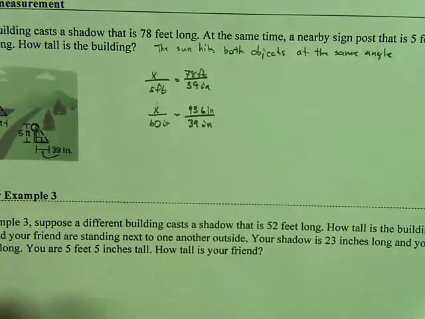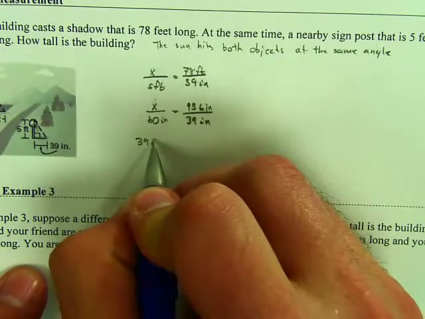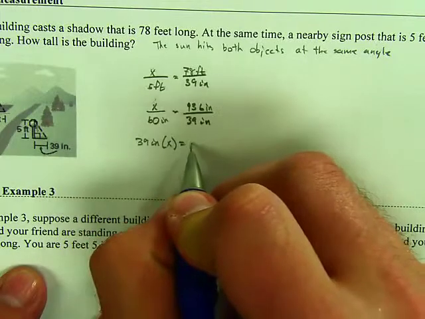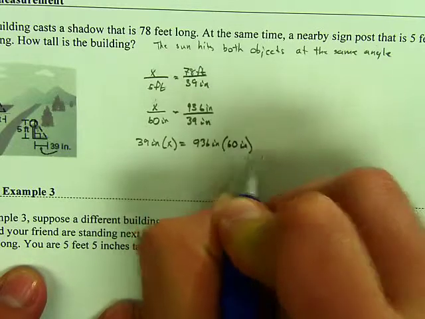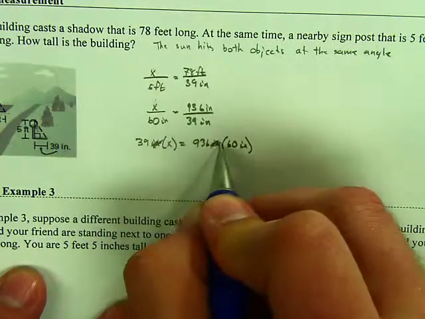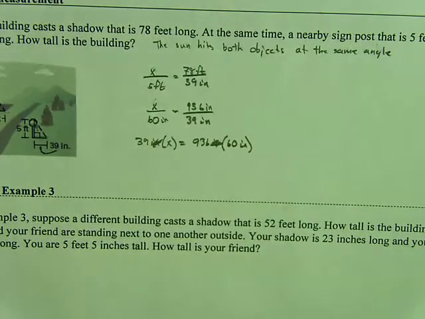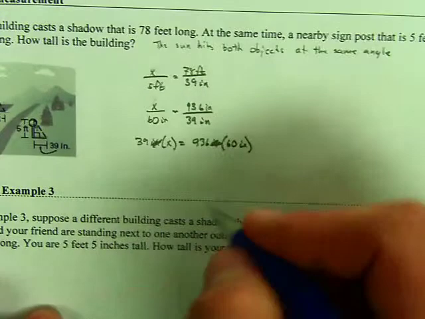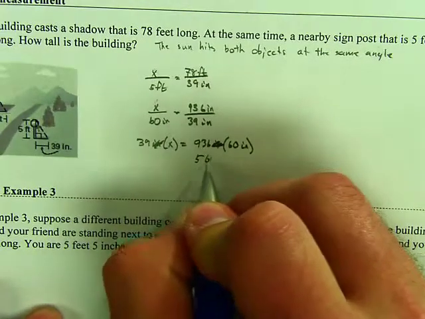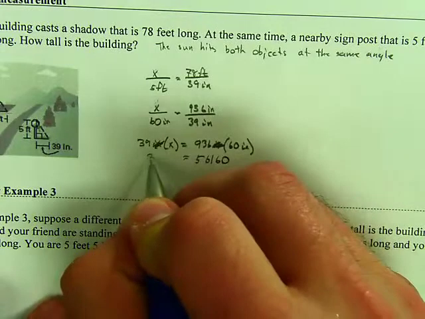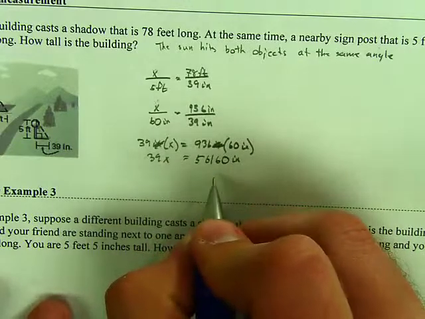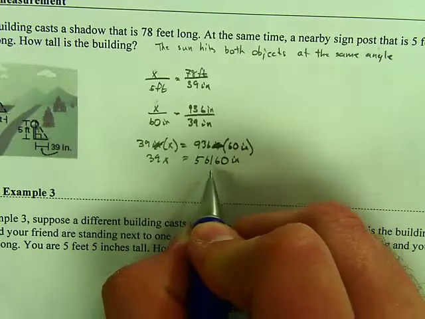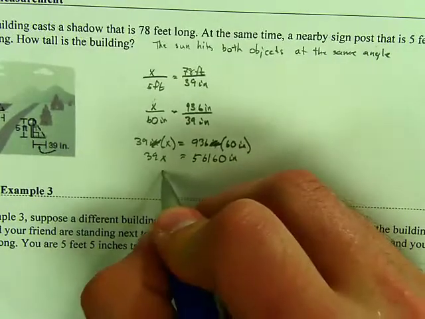And now we can do our cross multiplying, so we get 39 inches times x equals 936 inches times 60 inches. And I probably should have crossed this out earlier. We have inches on both sides, so I can cross one of those out. So now I get 936 times 60, which equals 56,160, equaling 39x. And then we get that number, 56,160 inches divided by 39, and x equals